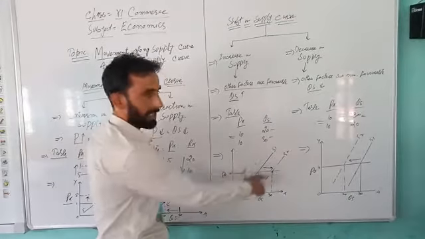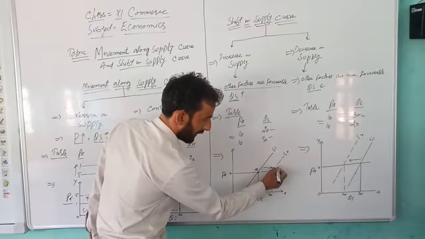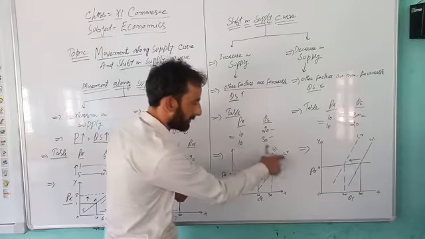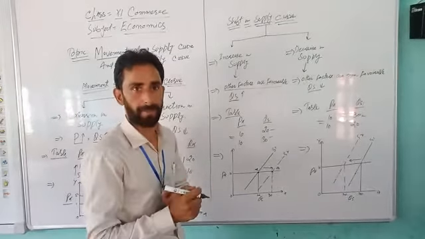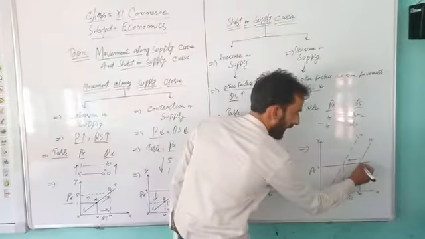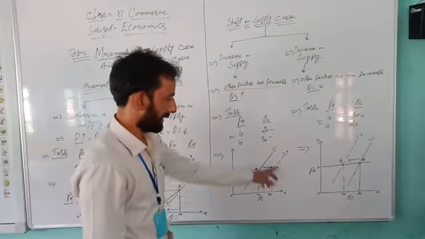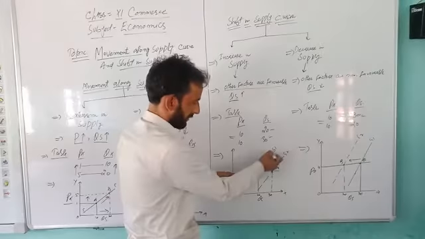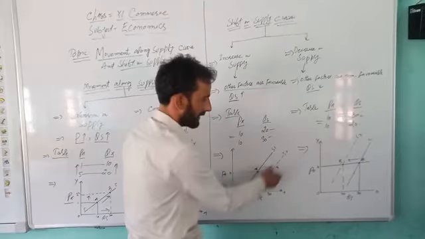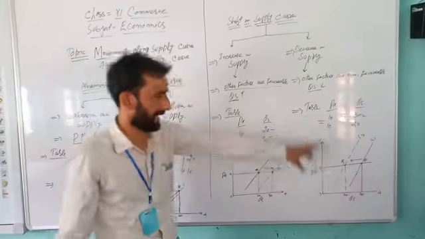Px remains 10 at all levels, and this goes from point A to B. A to B is known as, when the supply curve shifts from S1 to S2, an increase in supply. And in the other case, which is the opposite, again from point A it comes to B, this is called a decrease in supply. Means the track is changing. The slope of this curve is here, and the slope of that curve is there, and that is the difference between these two concepts, increase in supply and decrease in supply.